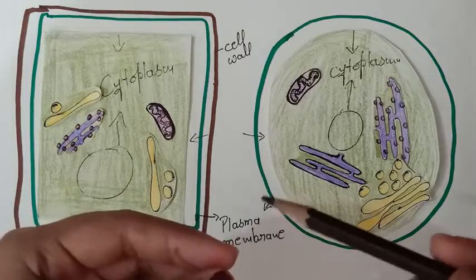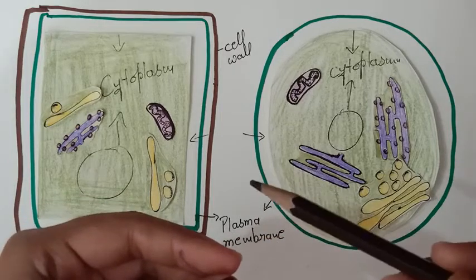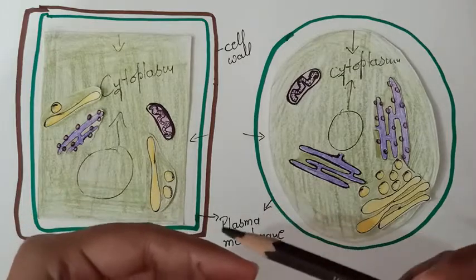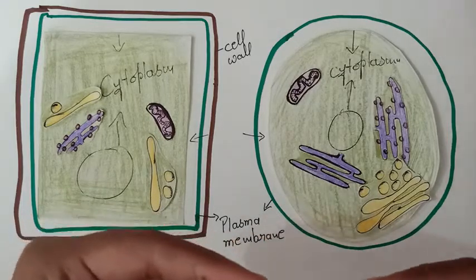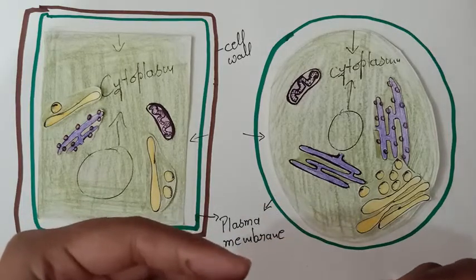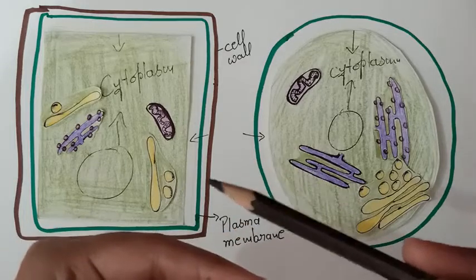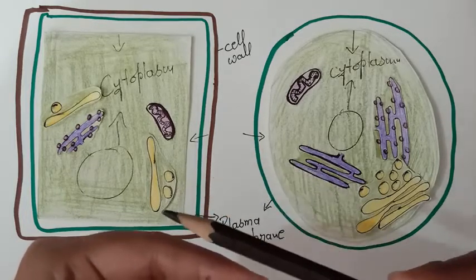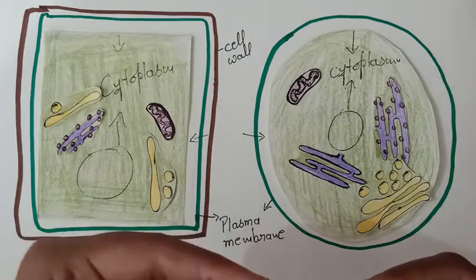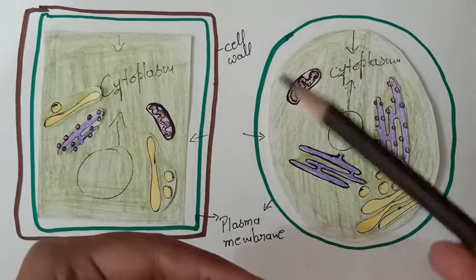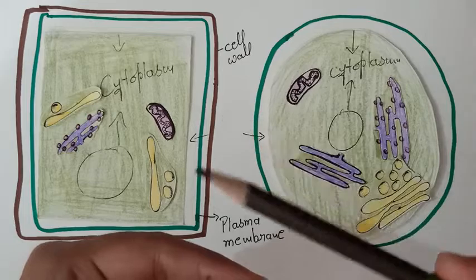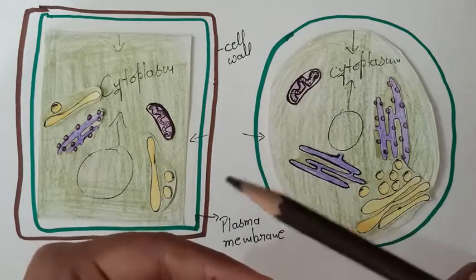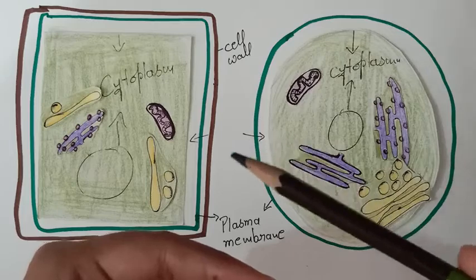Lysosomes are known as the suicide bag of a cell because they contain enzymes known as hydrolases, and these enzymes can digest foreign bodies. Okay, but if the enzymes are released into the cytoplasm because of rupturing of their limiting membrane, these enzymes can digest all the components of the cell, means they can digest the components of their own cell at a time of emergency, and that is why they are known as the suicide bag of a cell.